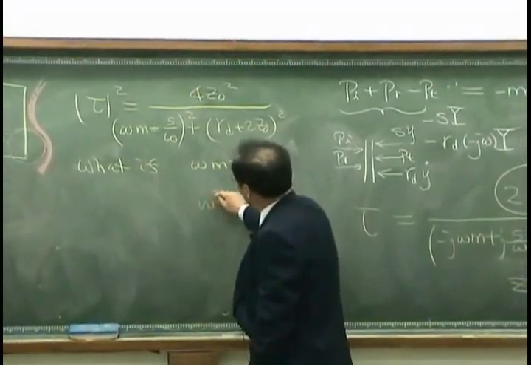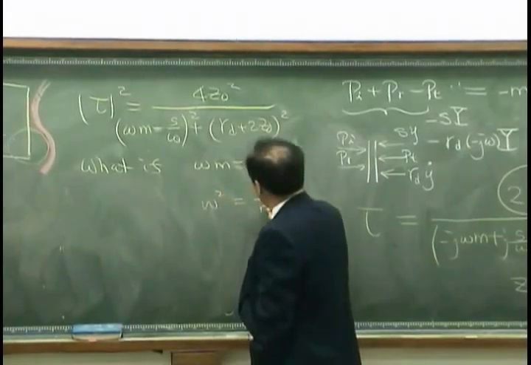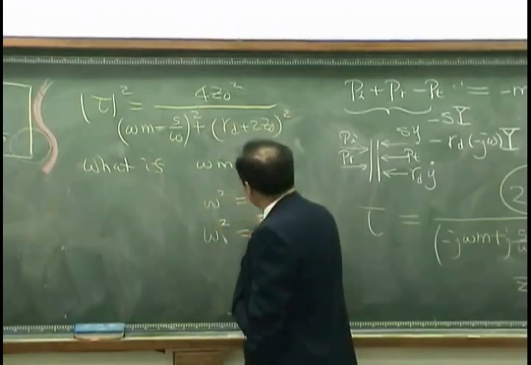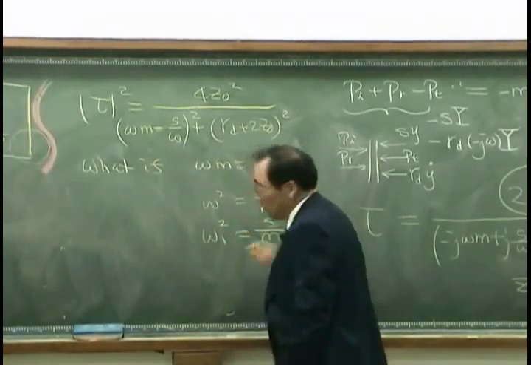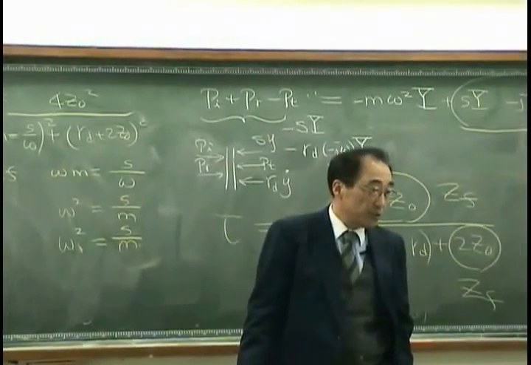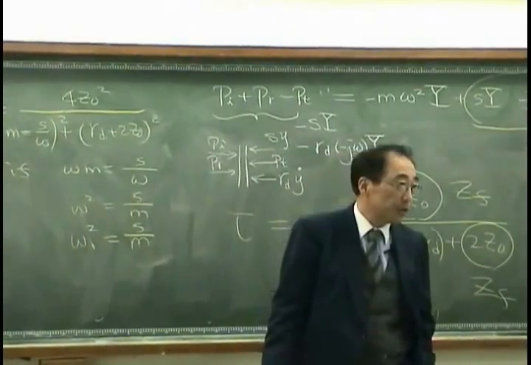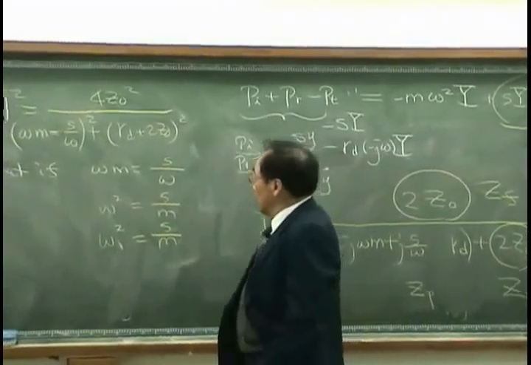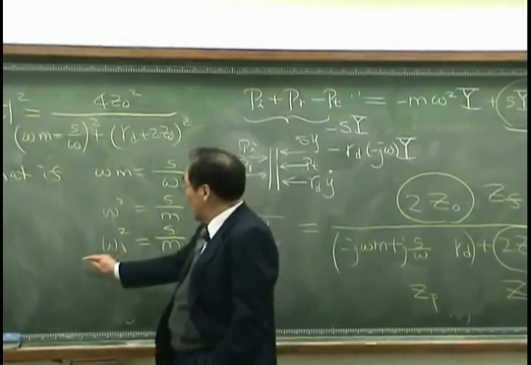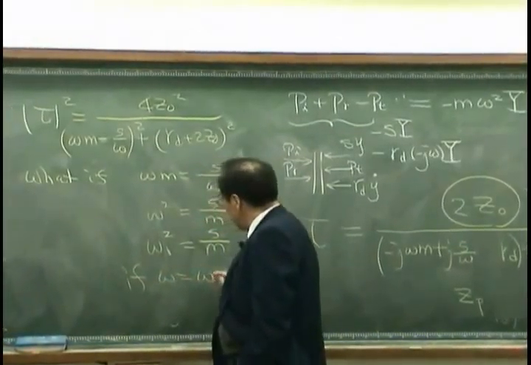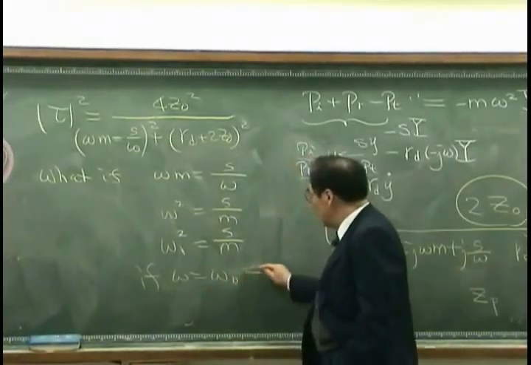Meaning that omega square is S over M, and we know that is the natural frequency of the partition, the undamped natural frequency of the partition, more strictly speaking, right? So if omega is the same as omega 0, then